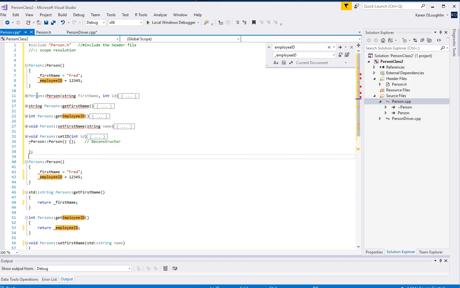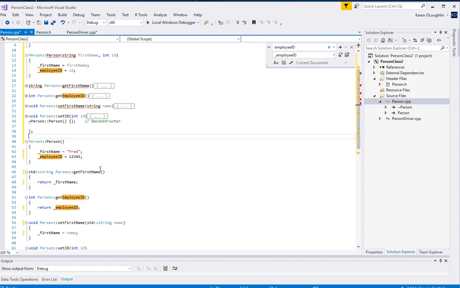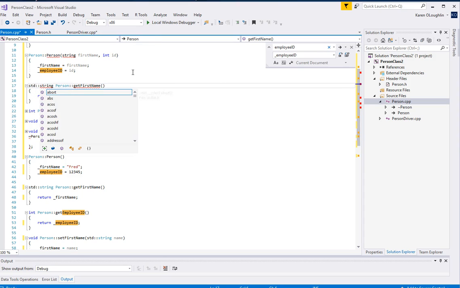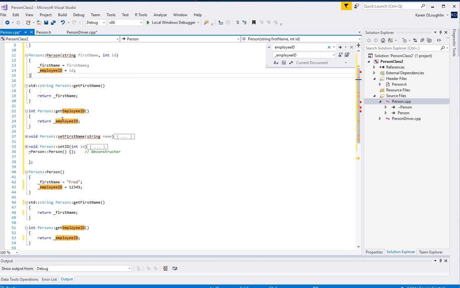So when I do that, then I'm going to have my methods looking the same as what I had in my other class. The other thing that you would have to change, for example, on this one that has a string, is you're going to need to add std:: So when you copy over your code, you're going to want to add the scope resolution operator before every method, and before every data type of string, you're going to need to add std::